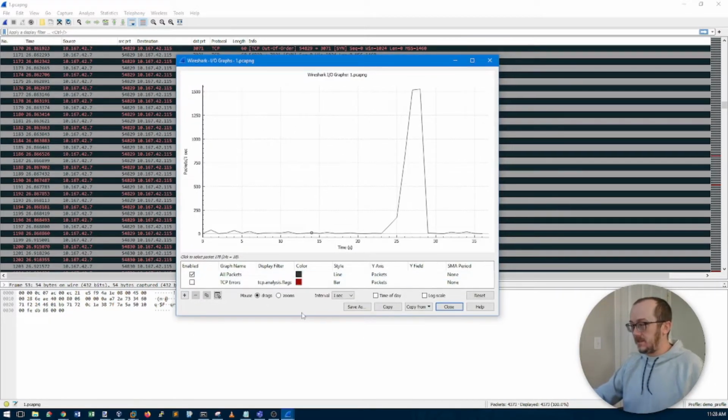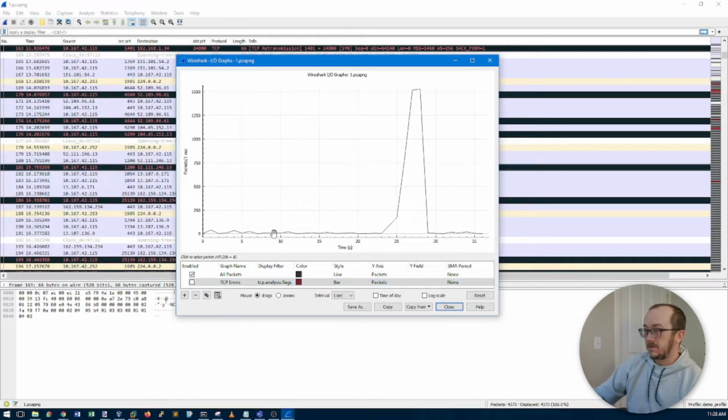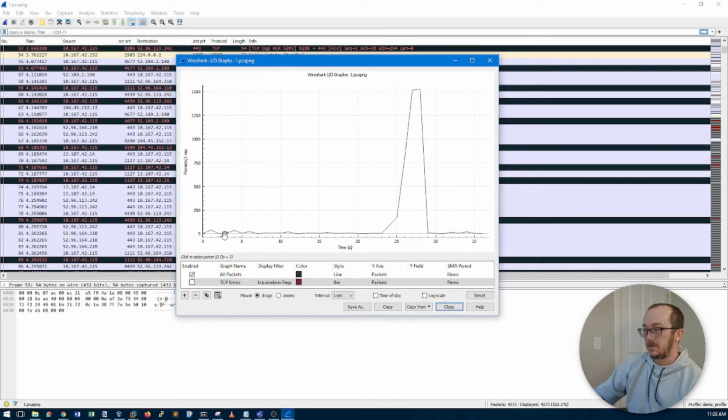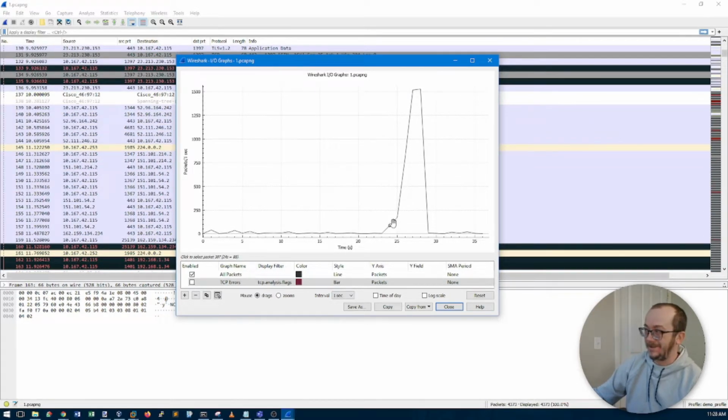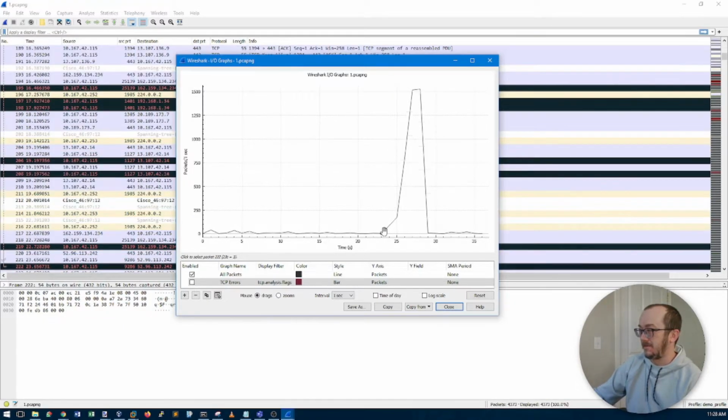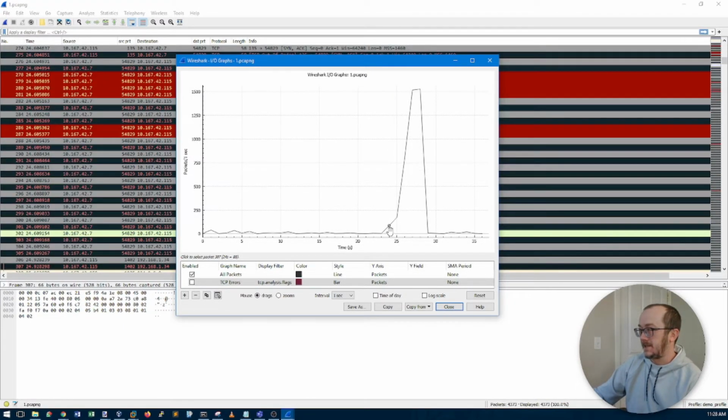We've got a very basic graph here, showing from the beginning of the capture to the end of the capture. And I'll show you a really cool thing: we can actually select different areas, points in time in the capture. So obviously something happened here. Let's jump over to the beginning of that and get in there a little deeper,